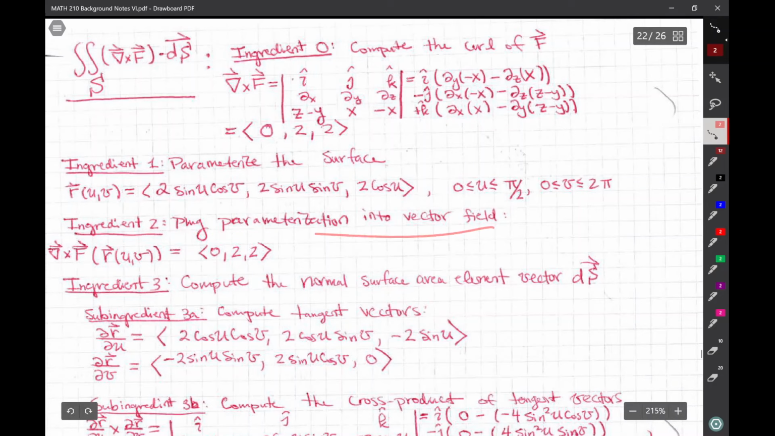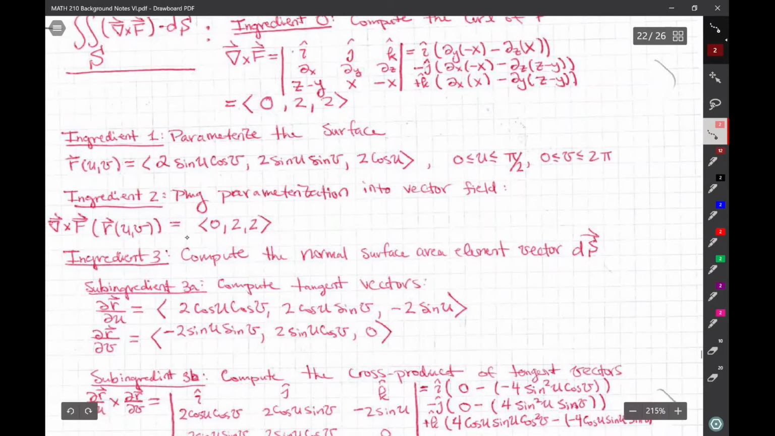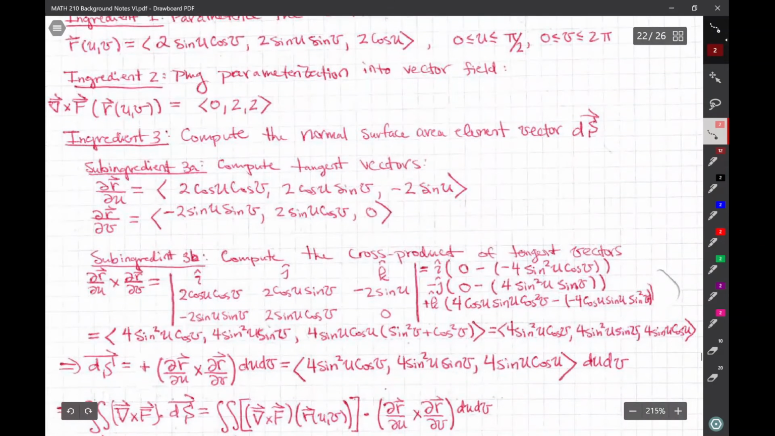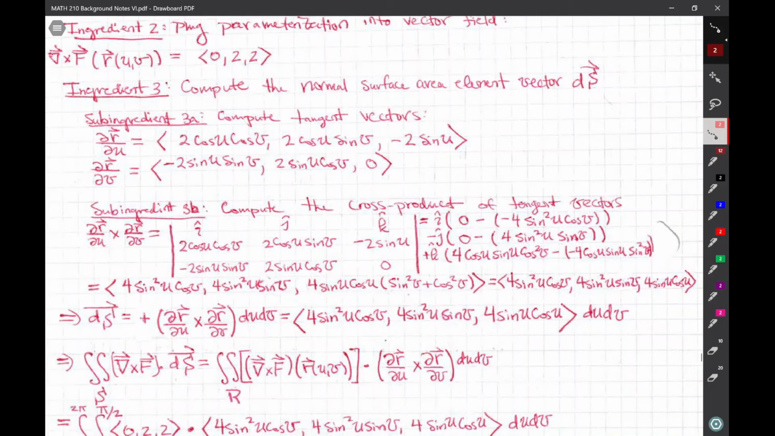Ingredient 2 is plugging in the parameterization into the vector field. Which vector field? The curl, right, of F. And when you do that, well, this is constant. It doesn't depend on x, y, and z, although it could have. And so the plugging in the parameterization is trivial here, okay, since it's constant for any point. So we get that as ingredient 2. Ingredient 3 is to compute the surface area element, okay,